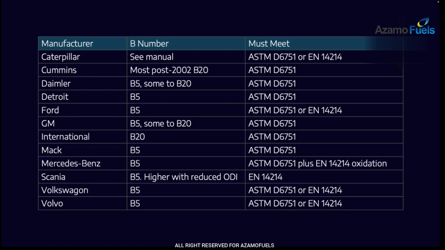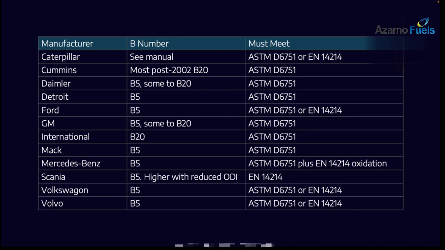Now, one thing that we should take away from this is remember that Indonesia had mandated B30 diesel be used. And that kind of goes against what most of the engine manufacturers have really approved for use in their engines. So that's going to be a really interesting clash to see what happens in the Indonesian market over the long term. What does the performance of their engines do when running on this B30?